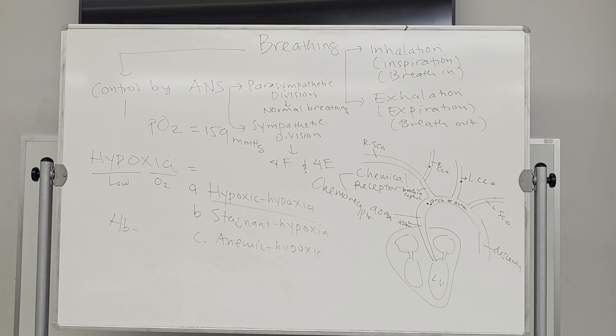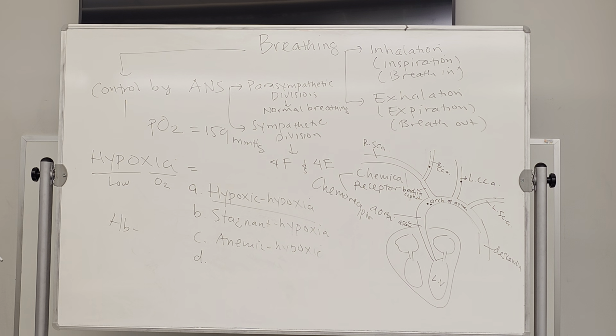The same thing with people with sickle cell disease. They actually mostly will have the anemic hypoxia. Why? Because their red blood cell has less hemoglobin concentration. The same thing with kids. Sometimes, if they don't have enough iron in the diet, they also will have this kind of condition, anemic hypoxia, because they don't get a lot of oxygen carried by the hemoglobin. Right? So that's the anemic hypoxia. It's caused by the inability of the blood to carry the oxygen.